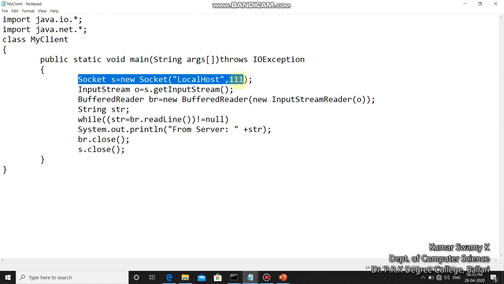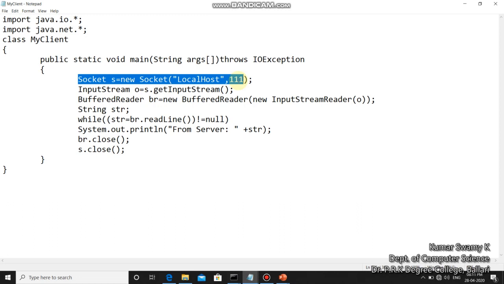And next I have used an object O, of the input stream class, to receive the data which is coming from the server. For that I have attached an input stream class object, and then to read the string which is coming, I have used a BufferedReader BR.